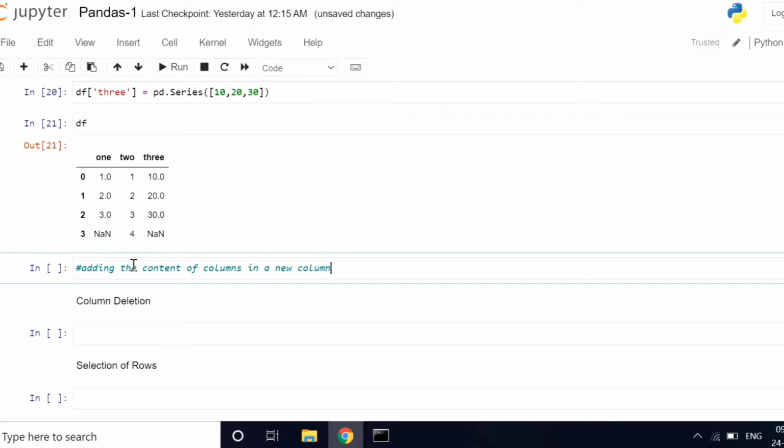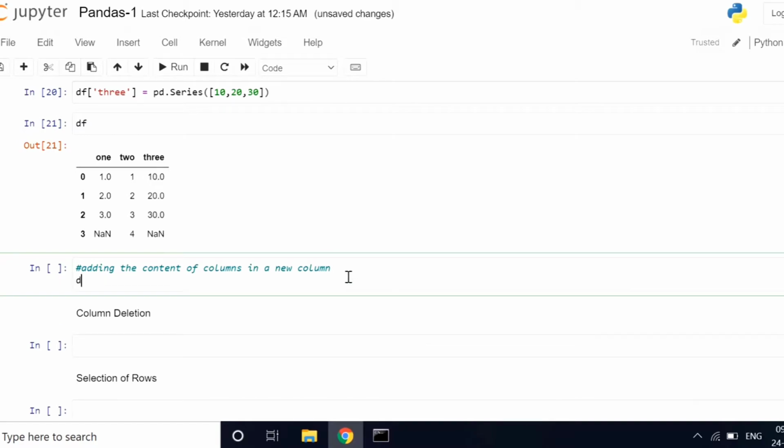All right, let's create a new column and add all these values, and the result will be in the new column, right? You get my point? So let's create the new column. We'll name it added values. Let's give it as added, df['added'], and then what we can do is